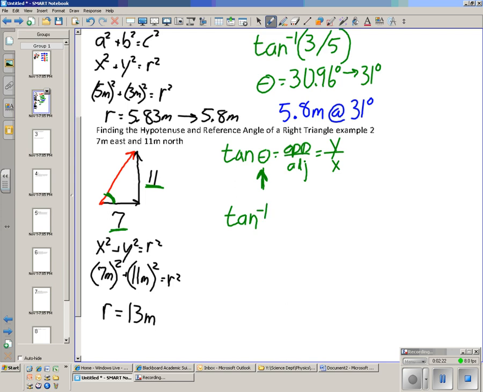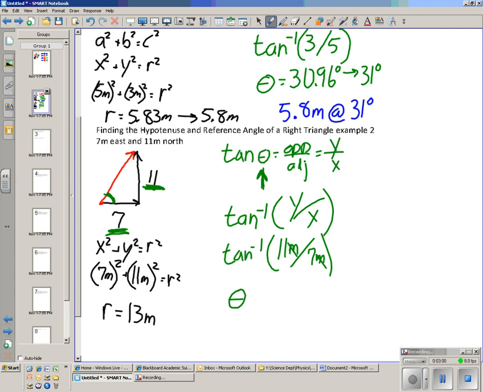So tapping that into our calculator, that is the second tangent. So press second in the top left area, and then tangent, and it will look like this. And then we'll tap in the y divided by the x values. So tan to the minus 1, and then the y is going to be the 11. And we can even include the units in there, 11 meters divided by this guy here, which is 7 meters. And notice the units will simply cancel out. So that means we're probably on the right track. That's nice. And then tapping that into the calculator, we have theta is equal to